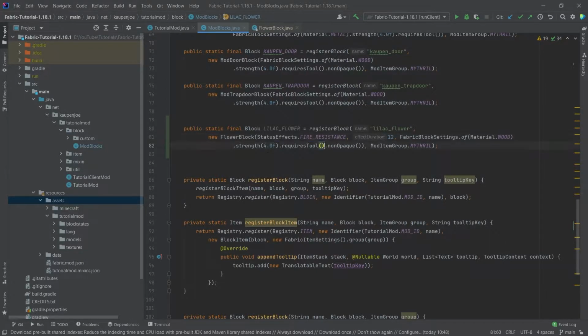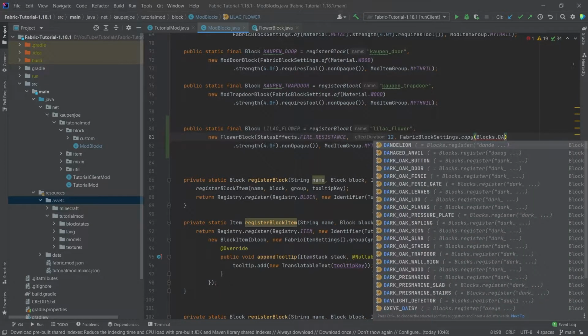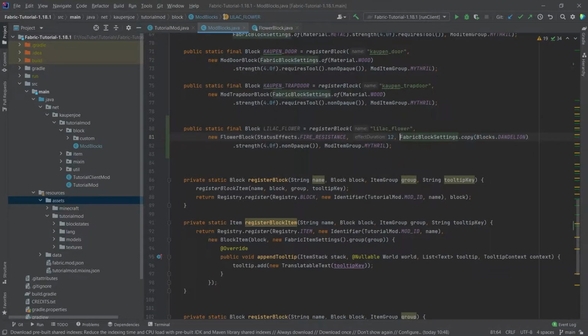And also this does not require a tool. It is, however, non-opaque, and also we're not going to take the material of wood, but we're actually going to copy the material from blocks.dandelion. So just making sure that basically the actual lilac flower block has pretty much the flower block settings that all of the other flowers have as well. The status effect is of course for the suspicious stew, and what we also are going to need is in